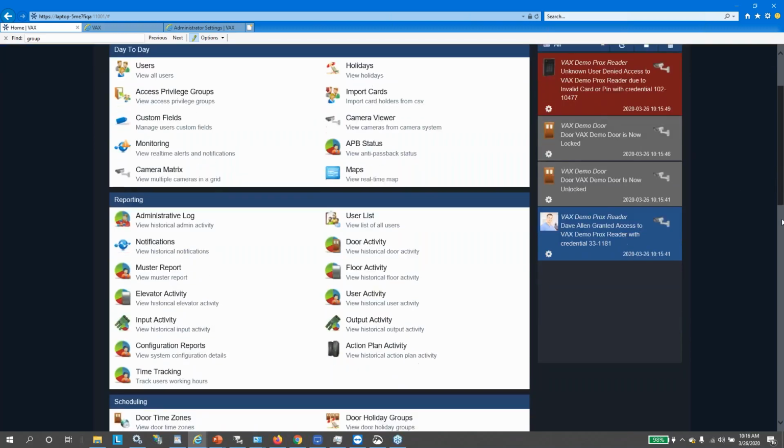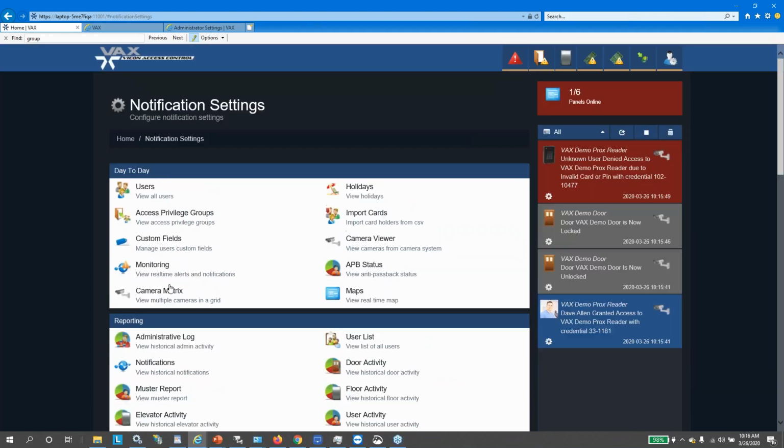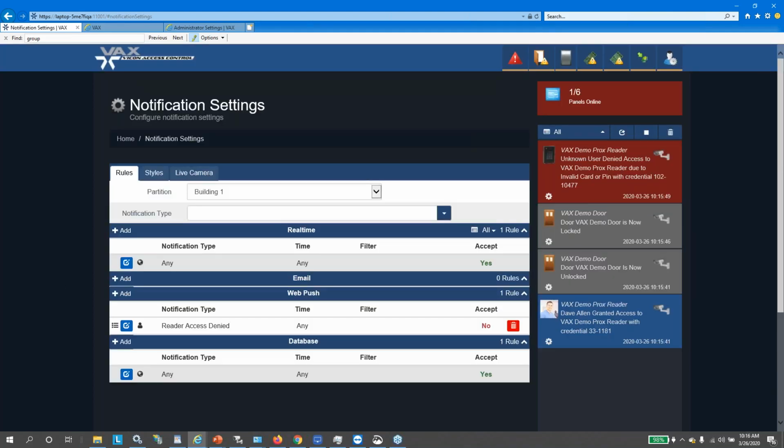With the notification settings menu now, what you're able to do is you can click on notification settings, and now you can create filters or customizations. So you can set up rules on what kind of notifications you want to appear in the sidebar there. So you can see here it's broken up into real-time, email, web push, and database. So I'll talk about